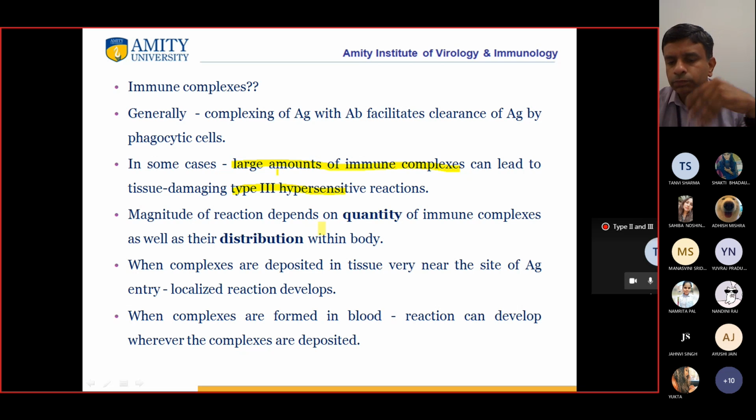Now, the outcome of this reaction, the magnitude of this reaction, depends on the quantity, okay, how much immune complex is formed, as well as the distribution within